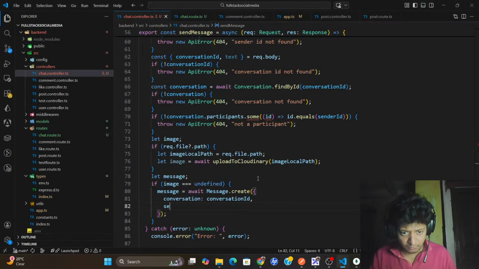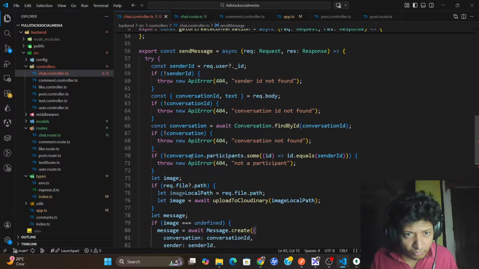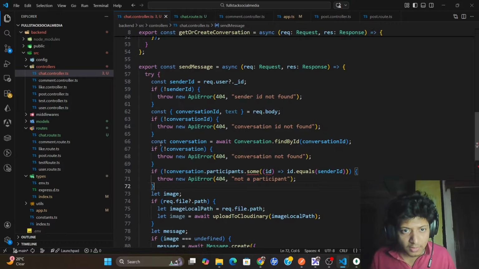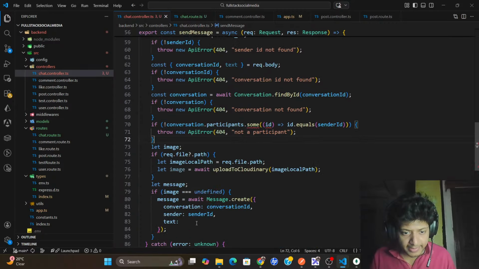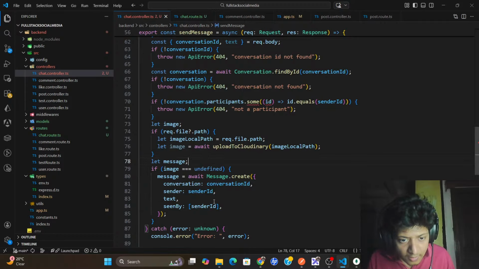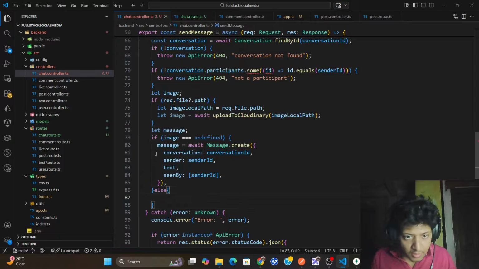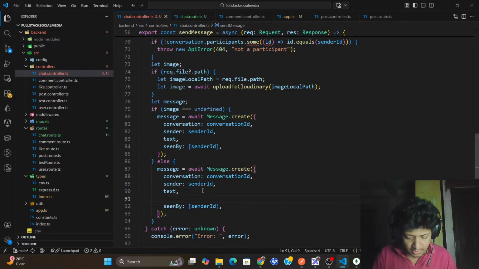In sender, I'll pass the sender ID. In text, I'll pass the text, and in seenBy I'll pass the sender ID, and I'm not passing the image. Okay, and if this or else,